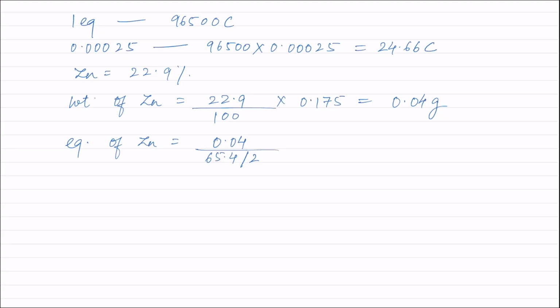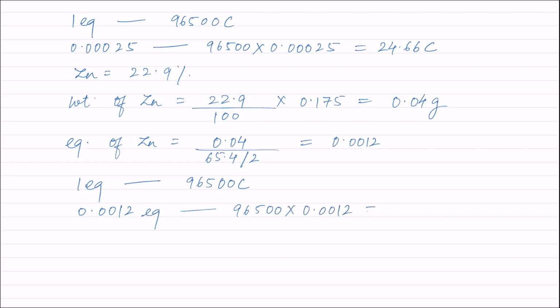Solving this, equivalents of zinc is equal to 0.0012 equivalents. One equivalent of any substance is deposited by 96500 coulombs of electricity. Therefore, 0.0012 equivalents of zinc will be deposited by 96500 into 0.0012,